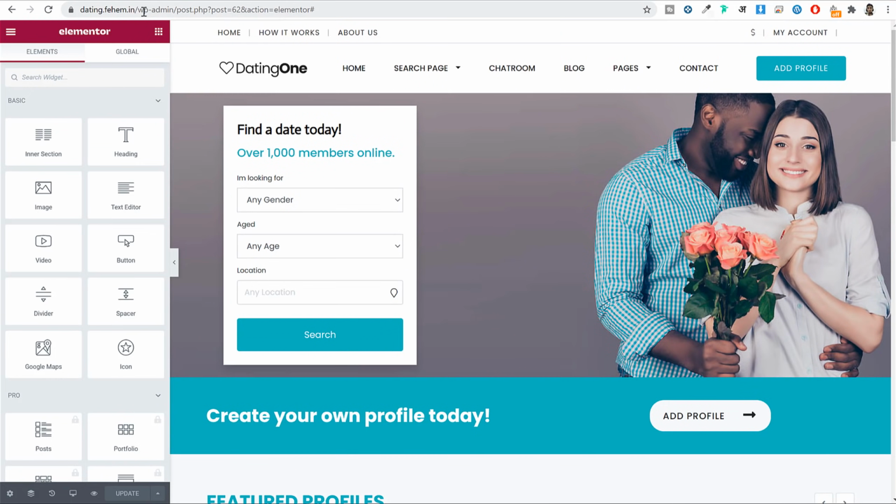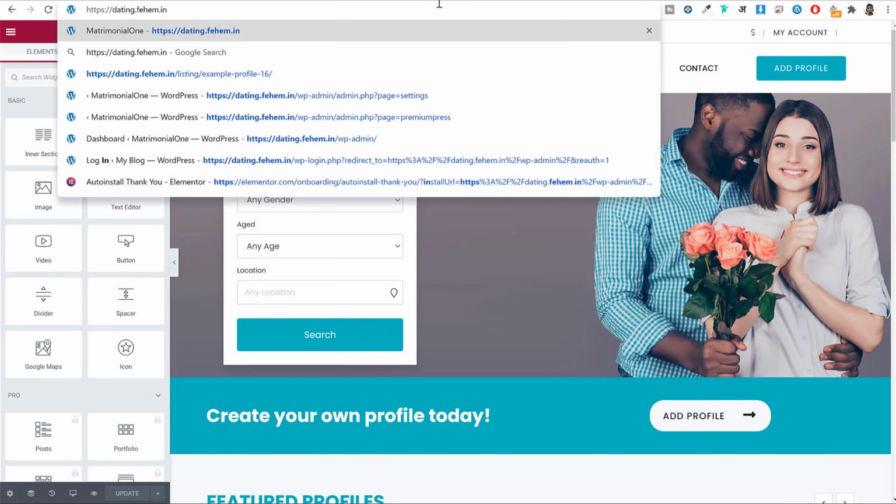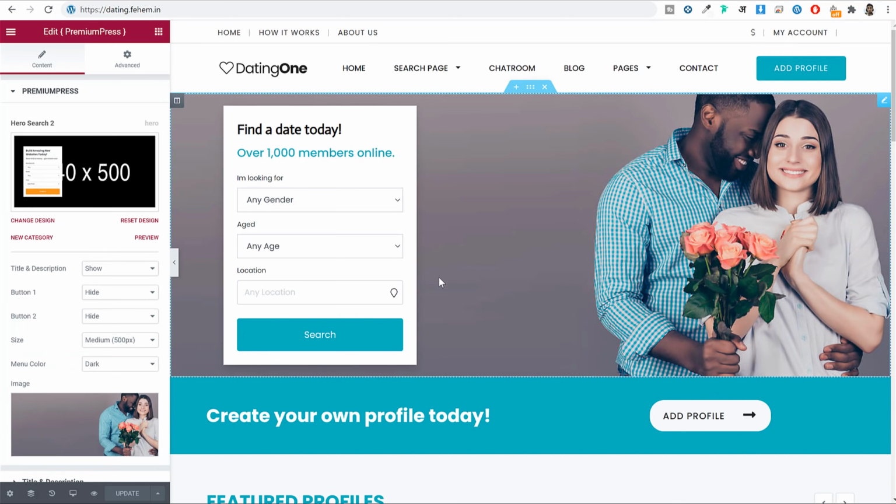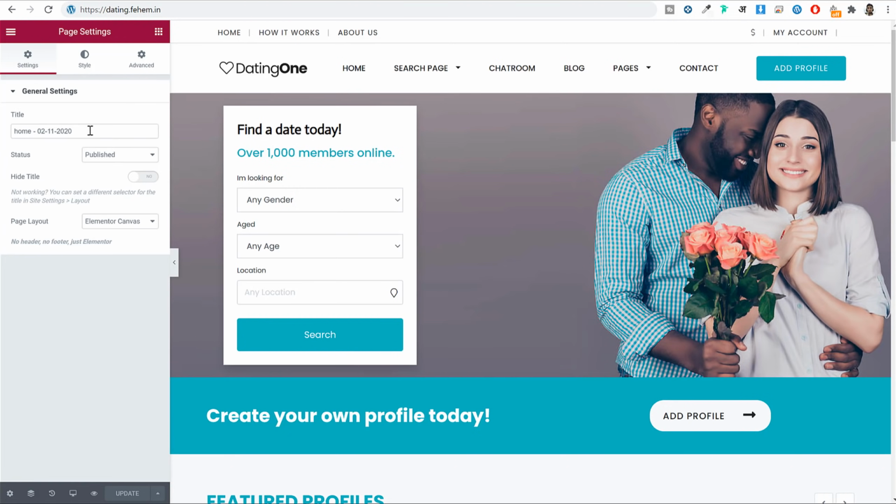Now let's come back to this website. So let me just cut this thing. Or one more thing before we proceed further. Whenever you do changes to the default design, always make sure to save this page as a new page. So to do that, you'll see this gear icon at the bottom left corner, this settings, click on this gear icon. And here, as you can see, this is the name of the page. So whenever you want to do some changes, make sure you remember this name.